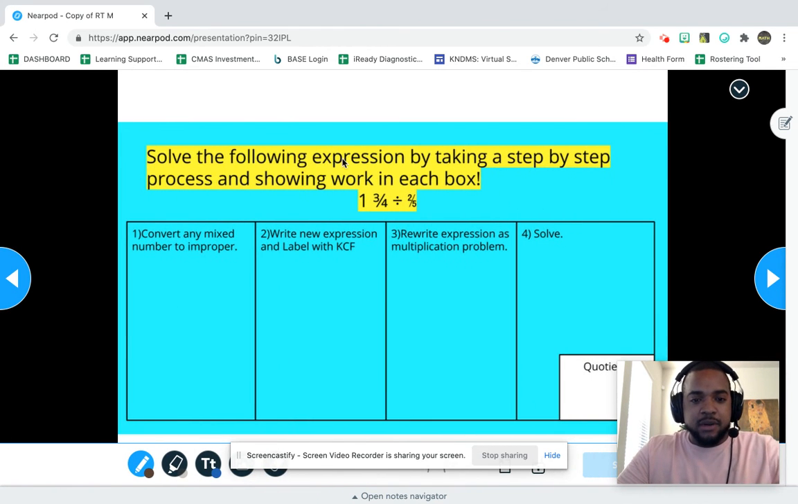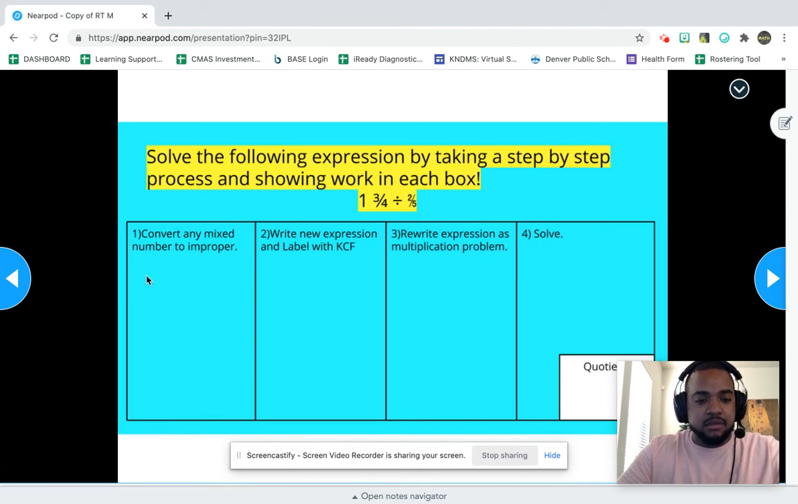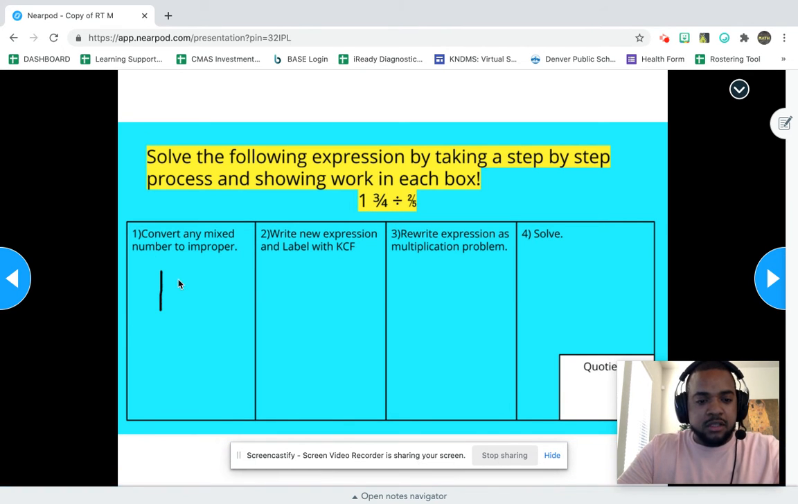So here we go. I want to solve the following expression by taking a step-by-step process and showing our work in each box. So I have 1 3/4 divided by 2/5. As you can see here, I have already labeled out what my first step should be. My first step should be to convert any mixed number into an improper fraction. Well, I can already see I have a mixed number, 1 3/4. So I'm going to take this 1 3/4 and convert it to an